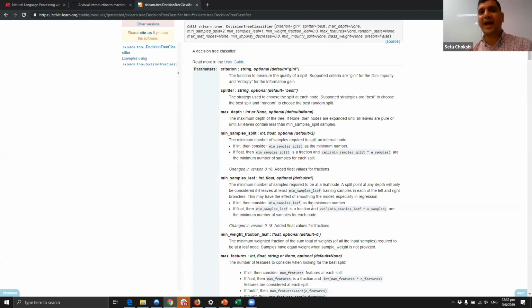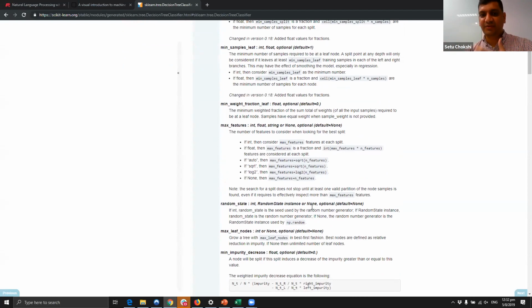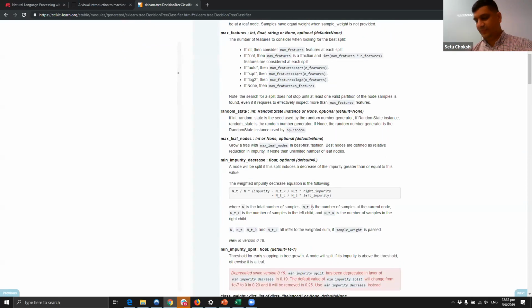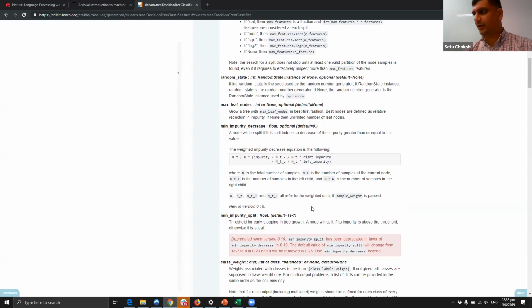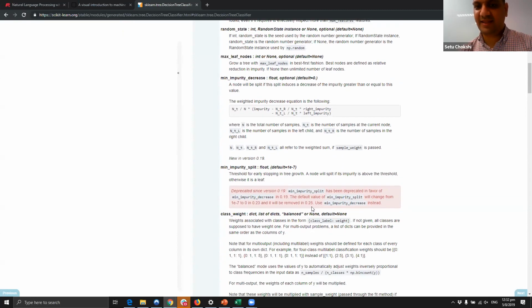But now let's go back and look at decision tree classifiers. Let's go through some of the parameters that you can set up that will help you understand what's really going on, and try to visualize the concepts that you have learned so far, and see if you are able to answer some of them. If you don't understand any of these values, message me on Slack on NLP live discussions, and then we can take that up.